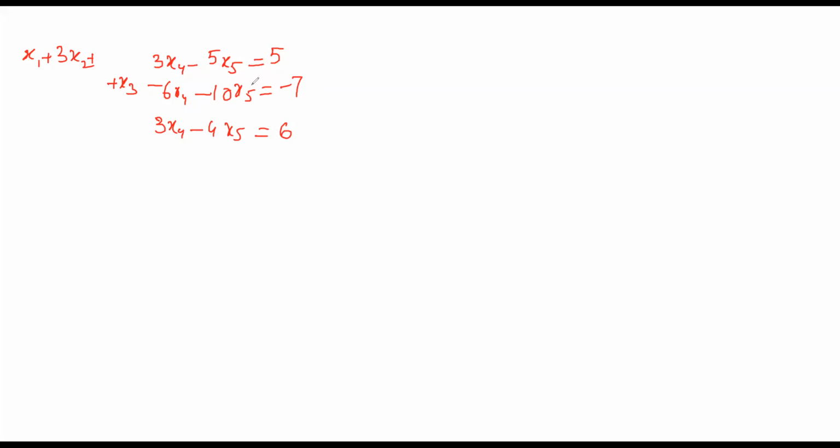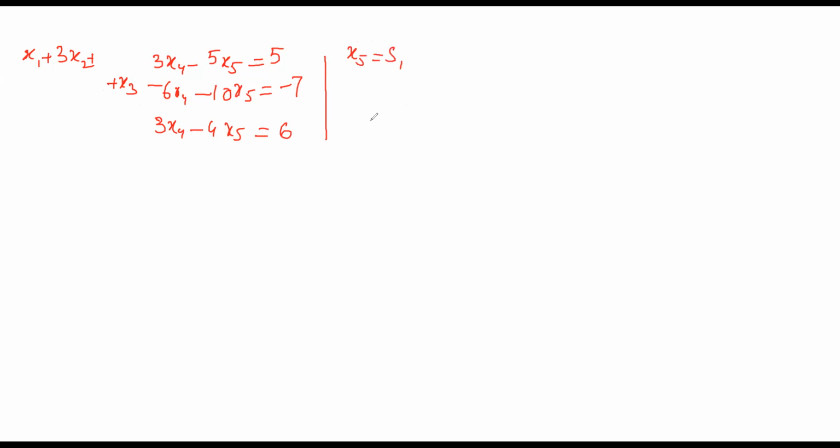So in this case, we have 3 equations, but 5 variables. So when we have 3 equations and 5 variables, we have 2 fewer equations. Therefore, we need at least 2 free variables in this case. So for example, we can assume x5 is equal to